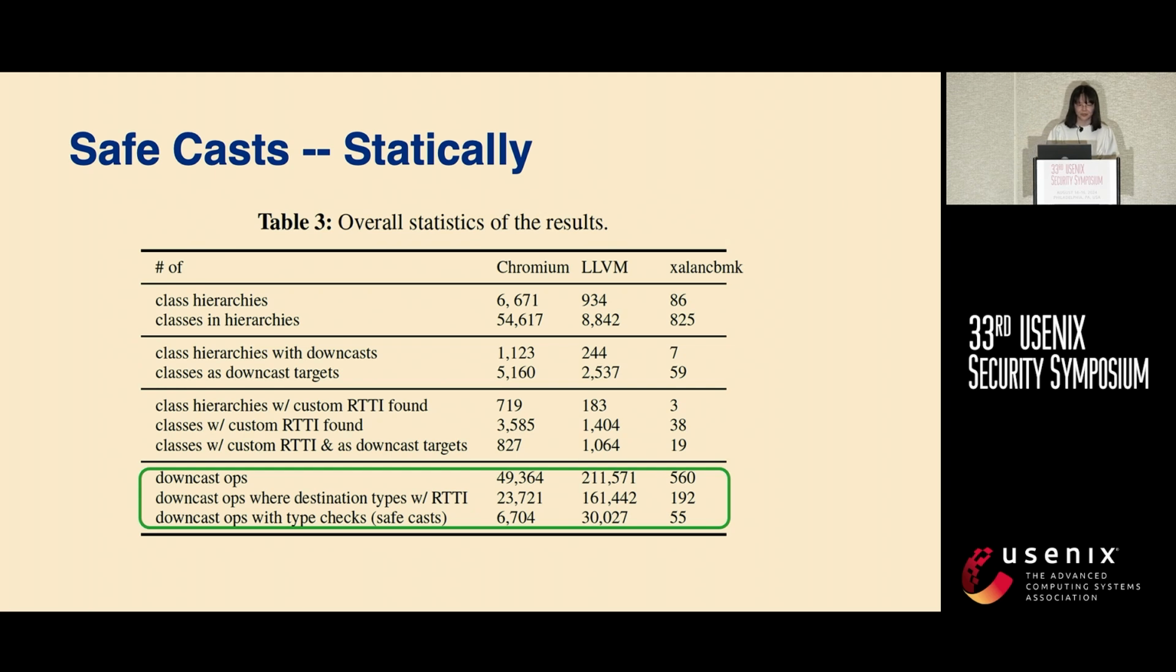The second question: how many safe casts can our approach effectively find? We put the overall table here, but I want to highlight the last big column. The first line is the total number of downcast operations in Chrome, LLVM, and one benchmark from SPEC CPU 2006. In the last line, you can see the downcast operations with type checks, meaning the safe casts we can identify. Although those numbers look relatively small compared with the total number of downcast operations,